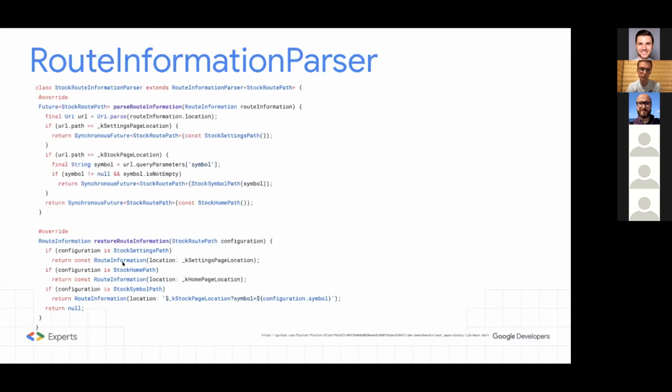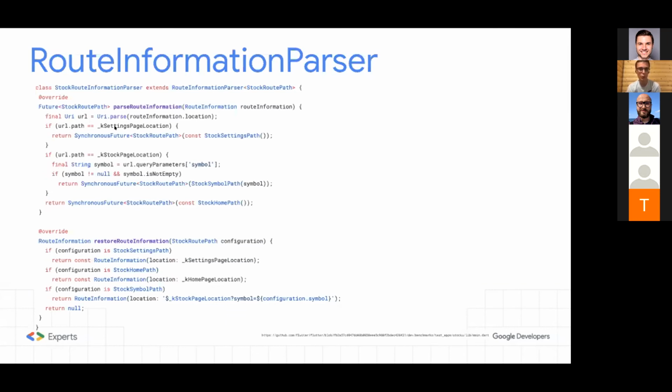You can omit the second one if you don't need it. Let's say you have a Flutter web application and you change the URL. If you want to respond to this change, you have to write this method on your own. There is some default implementation, but I haven't tested it. So if you want to respond to changes to your URL, maybe show a 404 page or whatever, this could be the place to do it. And there's also parse route information. Here we have statically typed route information in this example, but it could of course be a string and so on. And some basic logic.